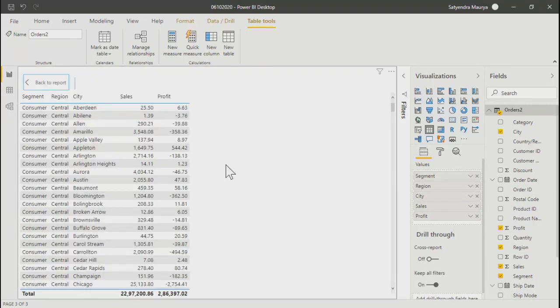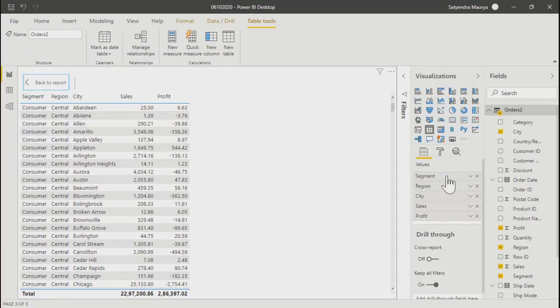It will just simply show you that wherever possible, it will show the aggregation, right? Now, over here, all the values are in one card itself. Whether it is your segment, region, city, sales, everything is in one card only.